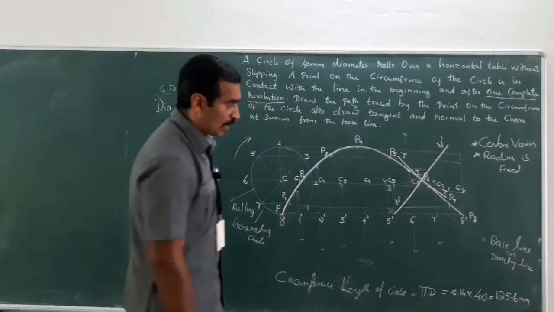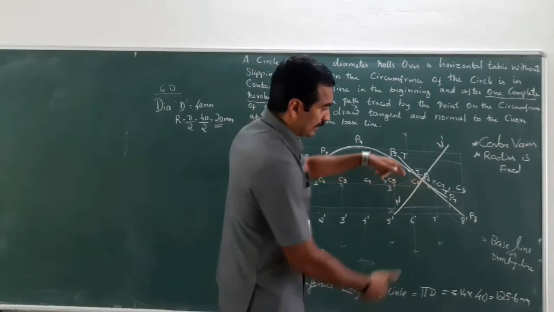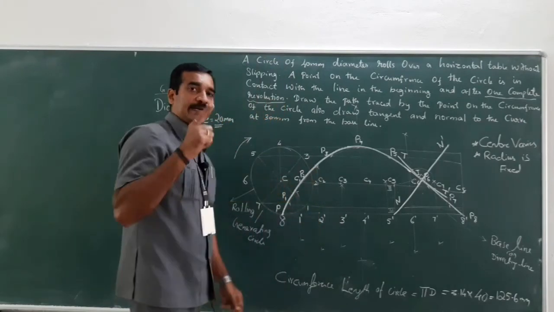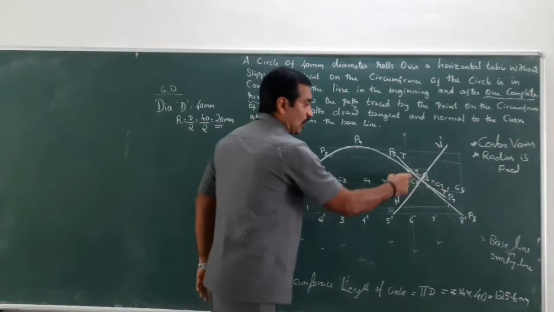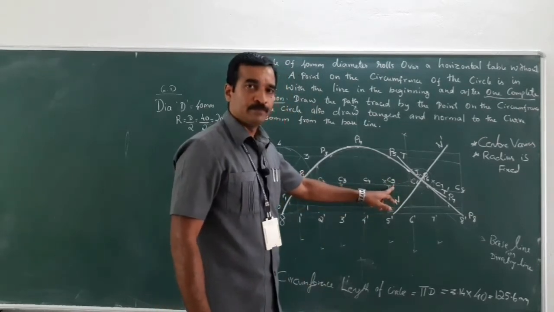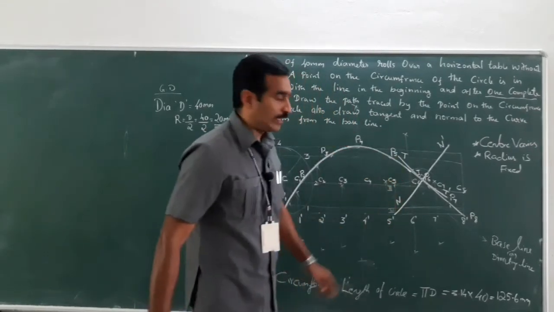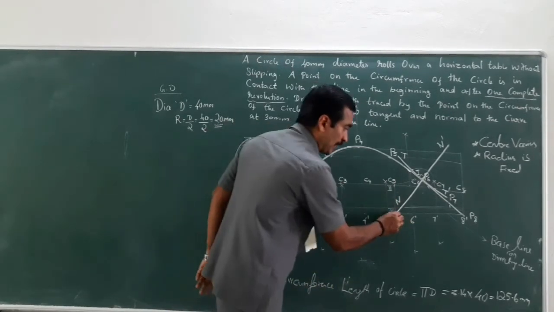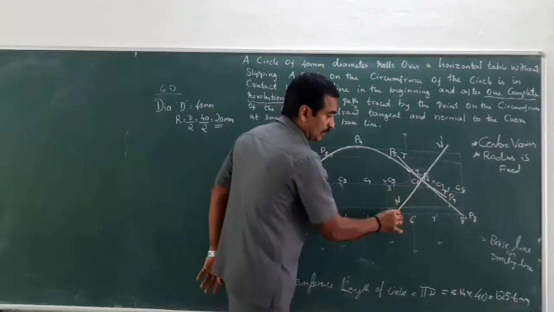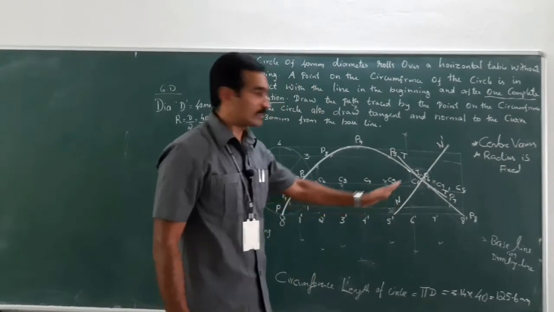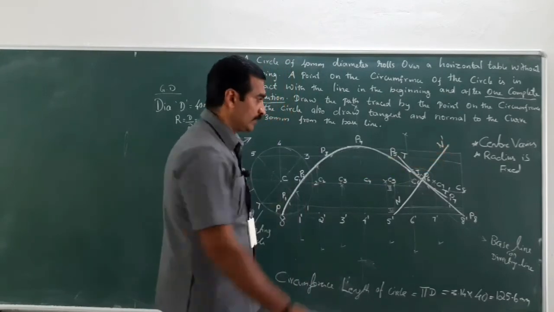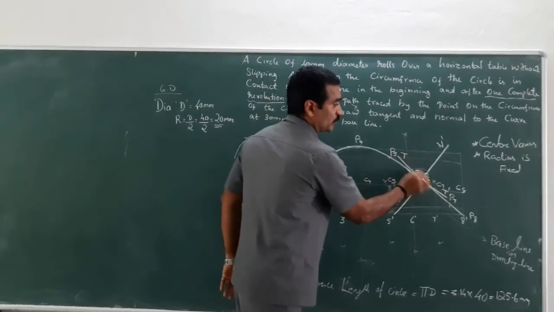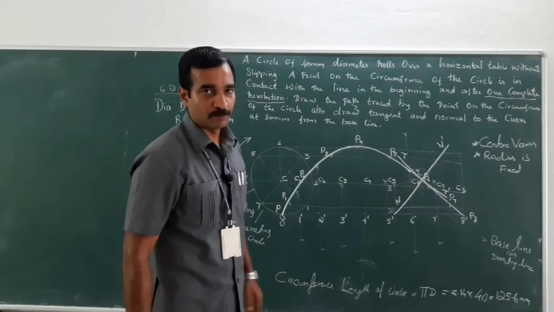What I have done was, I have chosen a point that is 30 mm from the baseline, consider as point 1, then taken the radius of the rolling circle as 20 mm, cut an arc on the center of the locus. Then I drew a vertical line perpendicular to the baseline till it intersects the baseline, that is point 3. Then I connected point 3 and 1, which was nothing but the normal. Then a line which is perpendicular to the normal is nothing but the tangent, which I have drawn here, that should be 90 degree, T dash.